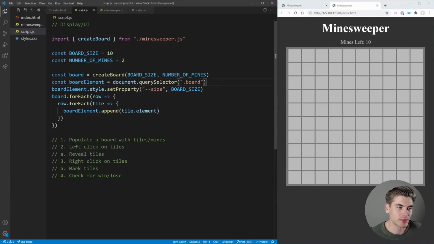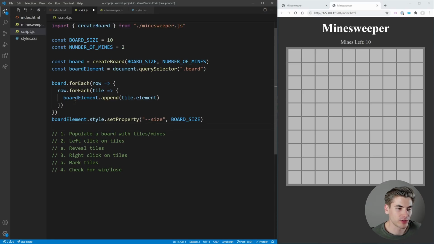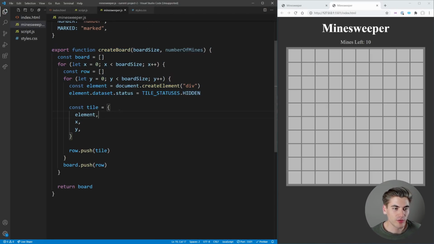I just want to clean this up a little bit, so we're going to move some spacing. We'll put our style down here below. So this is just setting up our board. This is getting some variables. This is our constant variables. Everything still works. And now over here, we need to add some additional functionality to our tile,